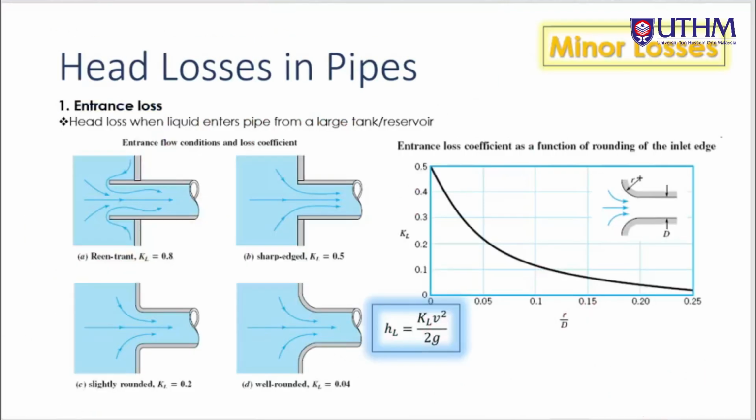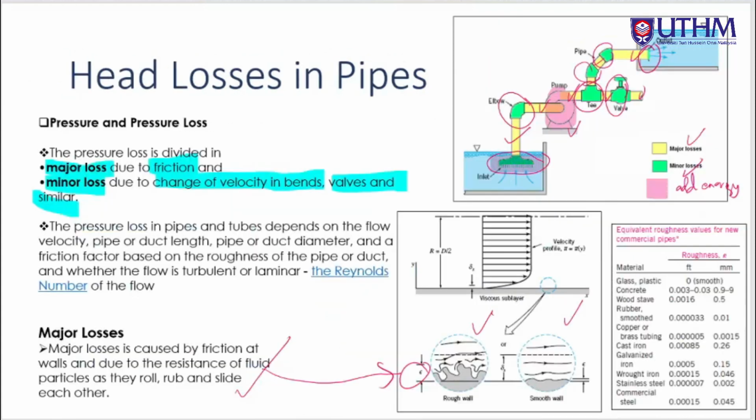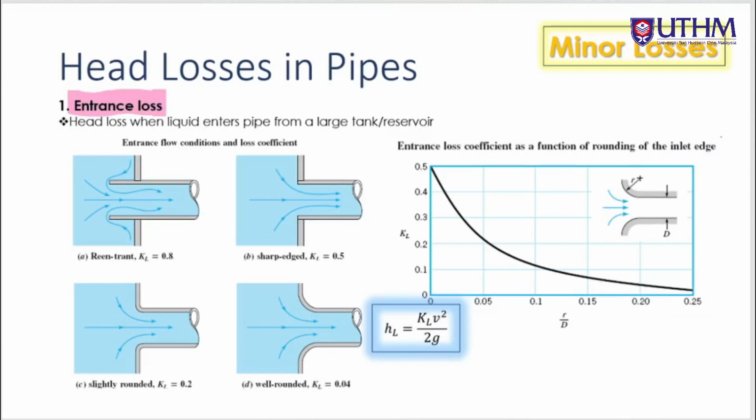Okay, so we proceed with minor losses. There are a few things that you need to know about minor losses. Firstly, the entrance loss. As I mentioned earlier, at any entrance there is a loss. This is a minor loss. Minor losses at the entrance is the head loss when liquid enters a pipe from a large tank or reservoir. If we look at this picture, this is the large tank, and the flow goes from outside into the pipe, and then the value of KL,